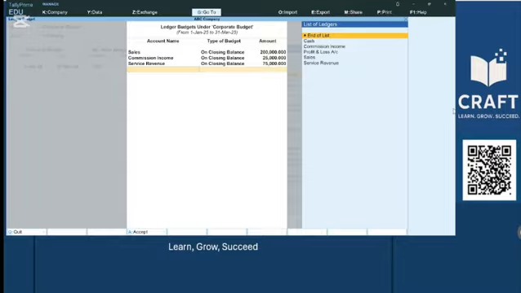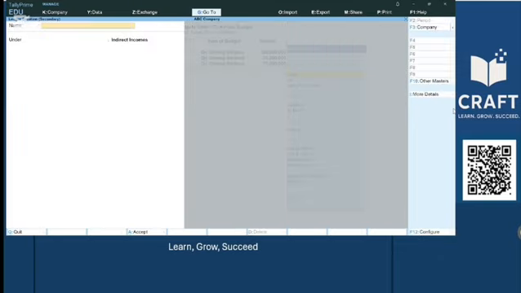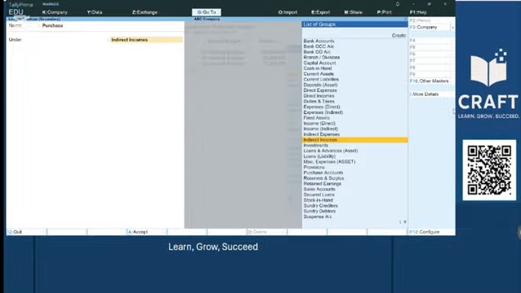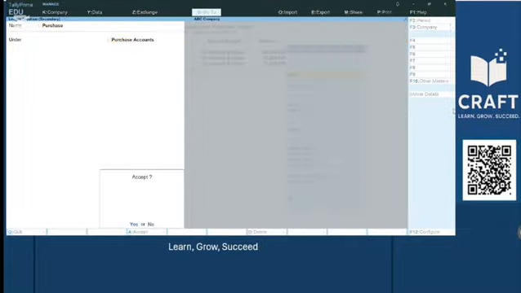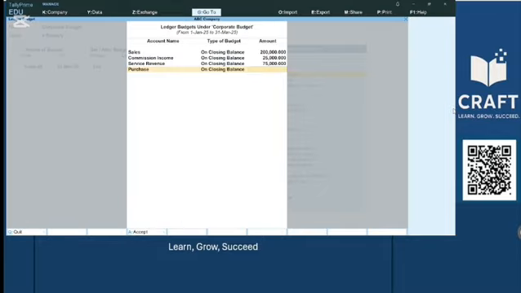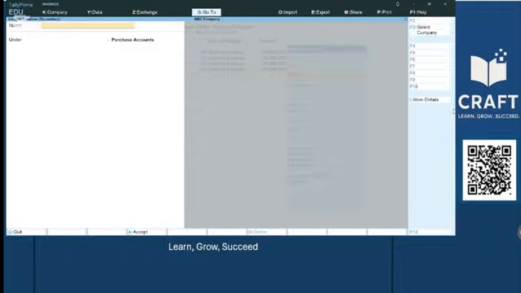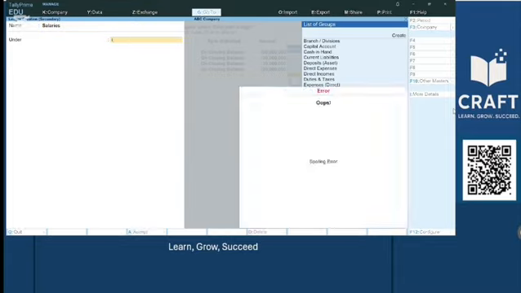Similarly, we created direct expense. So direct expense, let me keep it as purchase accounts, and direct expense of 120,000, and indirect expenses, let me create salaries,